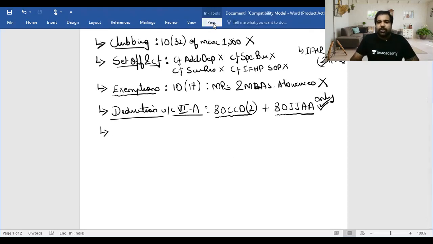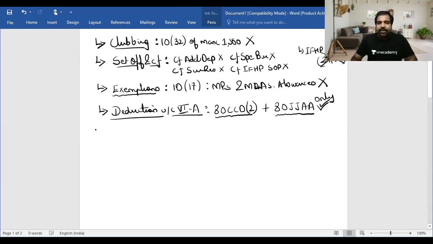I'll just tell you some really small details about this. So there are 3 things that happen here. There are 3 things, just summarizing. One is the slabs become stable, the rates become stable, and in the deductions, you have to give up a lot. But honestly, guys, not too many people take scientific research, not too many people take additional depreciation, so they're okay to give it up.